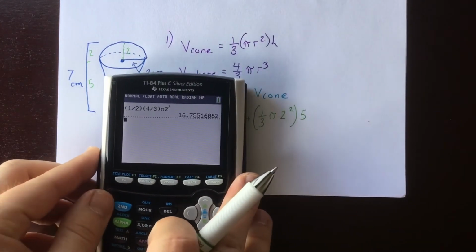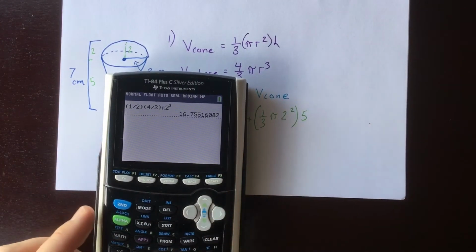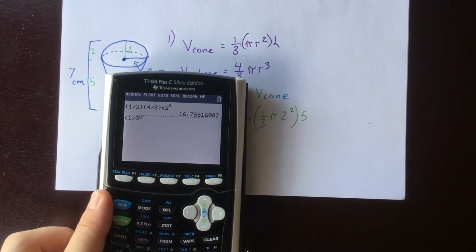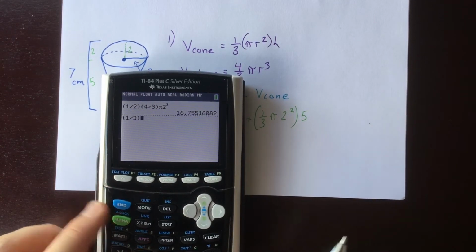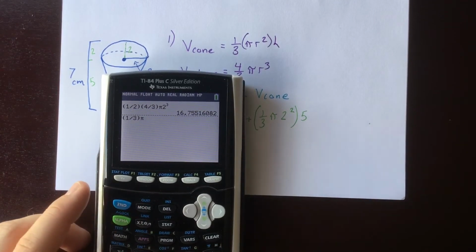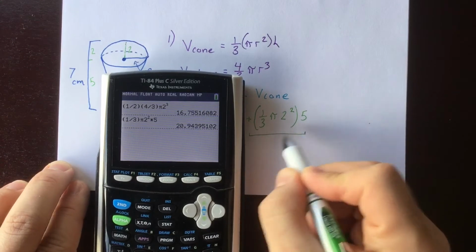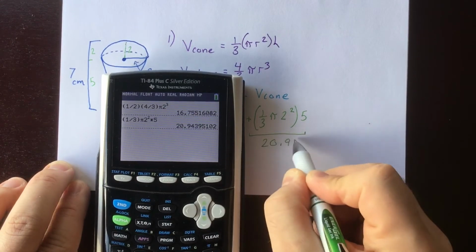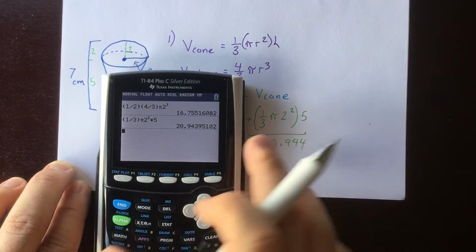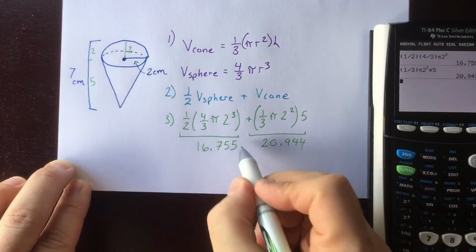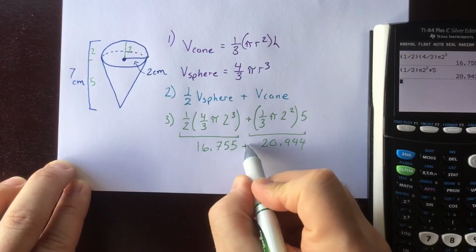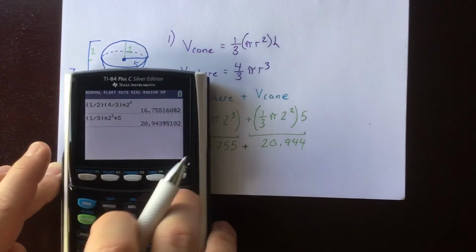Now we have the volume of our cone. So 1/3, and then times pi times 2 squared multiplied by 5, and we're getting a volume of 20.944, okay? And we want to add these two values together, but to be more accurate, in this graphing calculator,